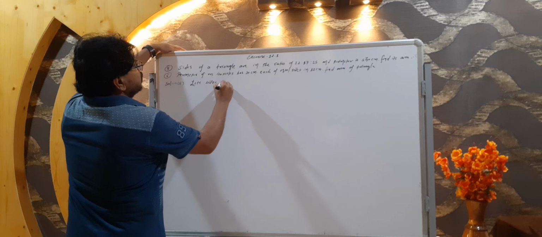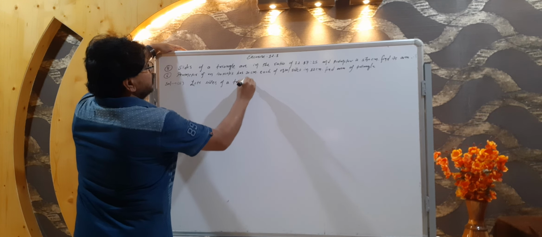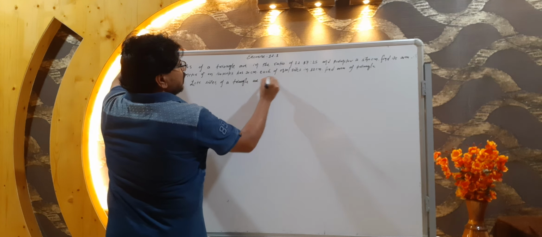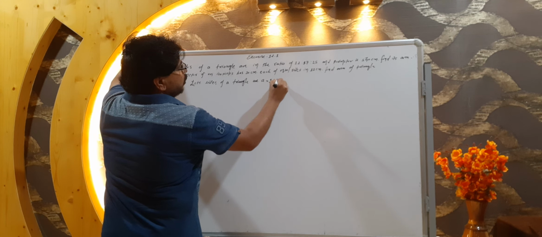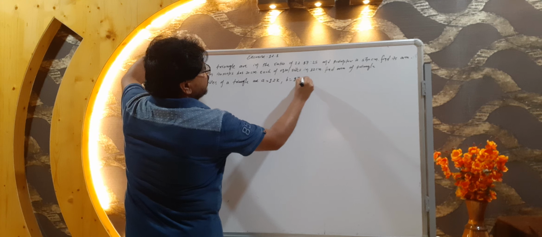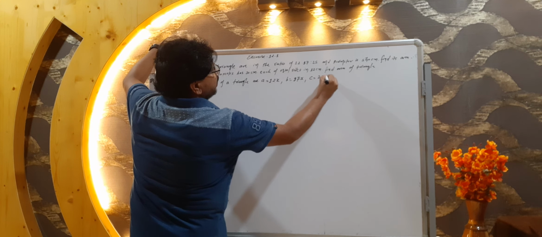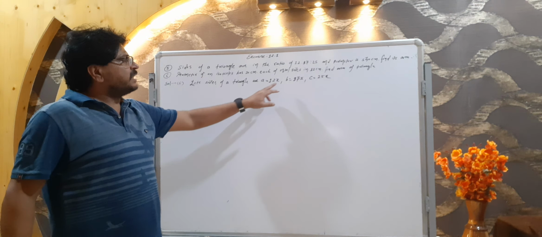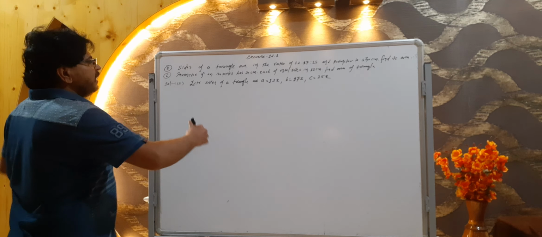So let's see. Sides of a triangle are in the ratio, then what we have to do? A is equal to 12x, B is equal to 17x and C is equal to 25x. Okay, what would be the sides of the triangle? A is equal to 12x, B is equal to 17x and C is equal to 25x. Now the given perimeter,